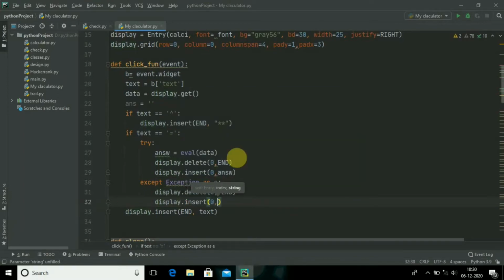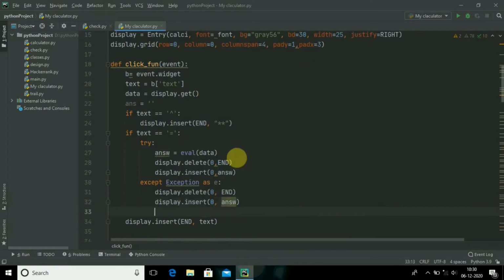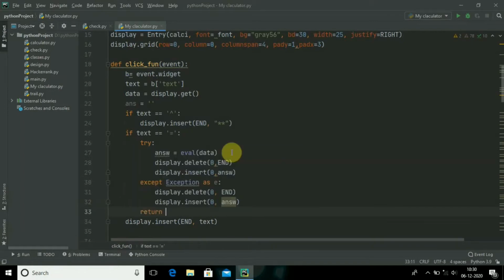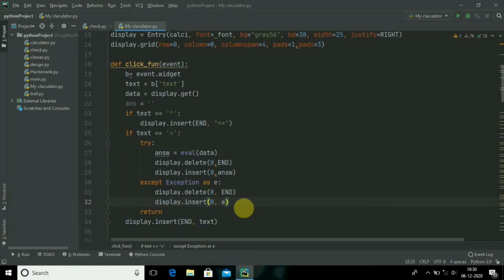It means the answer should be inserted. That's it. Sorry, here the error is represented by E. E means the error that we have.